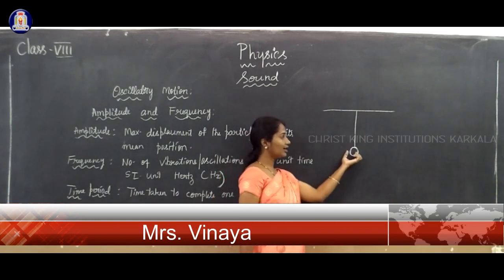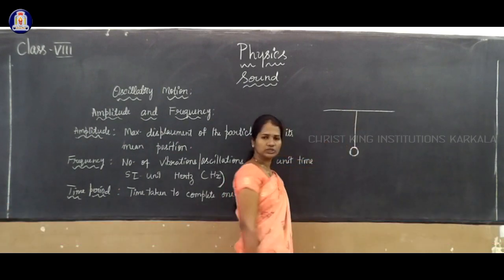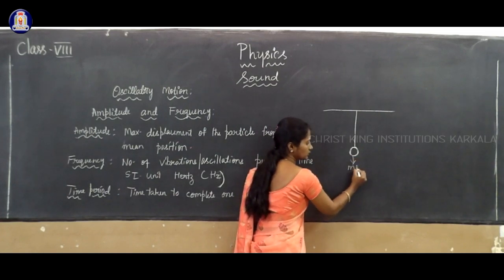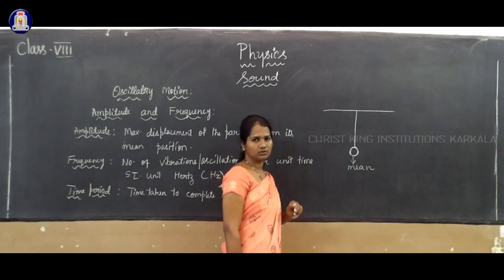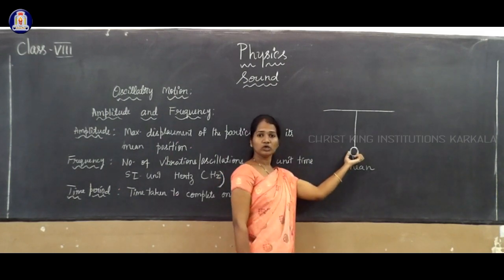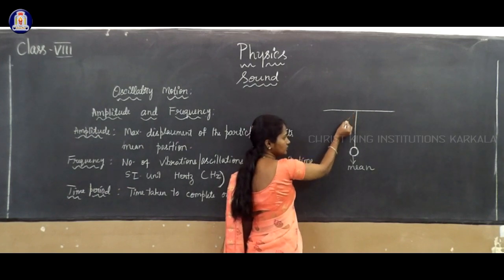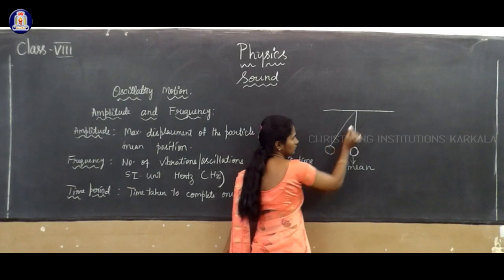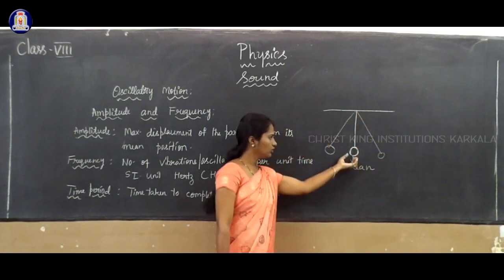When you start moving this bob, consider this is the original position of the bob. This position we call the mean position. It is the rest position. When you give movement, the bob moves either to this position, or this position, or this position. If you pull the bob